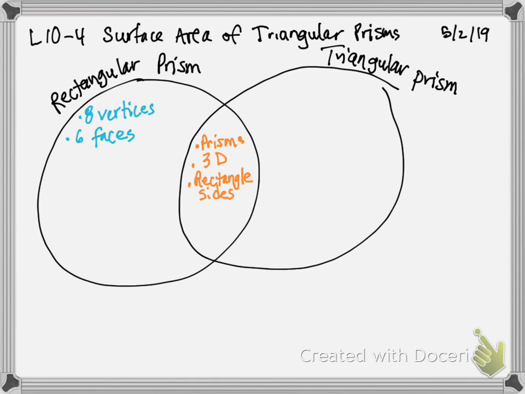We have 4 rectangular sides. So that makes it unique from a triangular prism. Okay. Yes, it has rectangular sides, but this one has 4. It does have a rectangular base. Okay, that's definitely going to be, in fact, there's 2 of them. 2 congruent